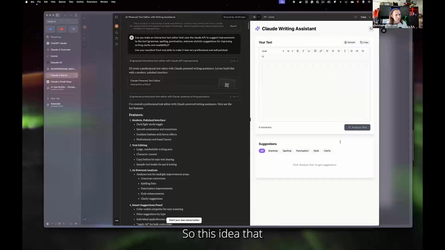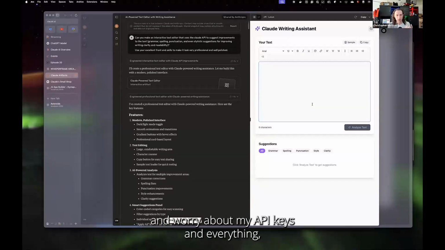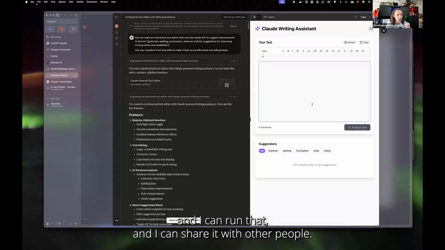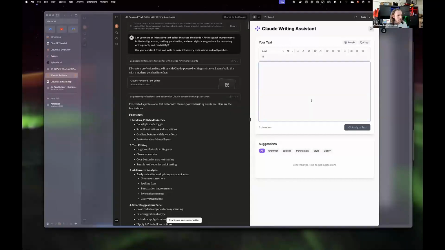So this idea that I could write an app that can leverage AI and I don't have to set up the server and worry about my API keys and everything, and I can run that and share it with other people, I can show it to people, that concept is really powerful to me. And the fact that I can do that right here without having more infrastructure is also super powerful.